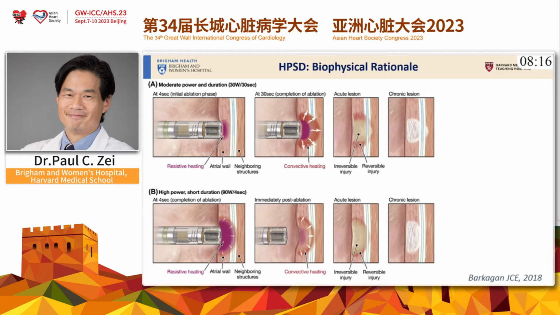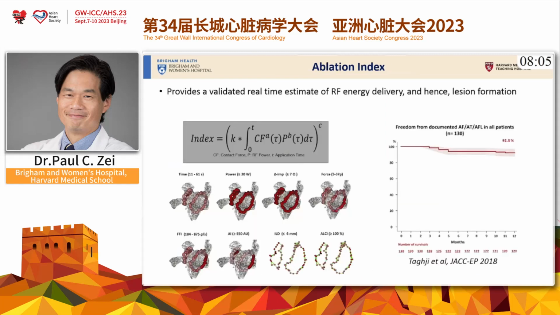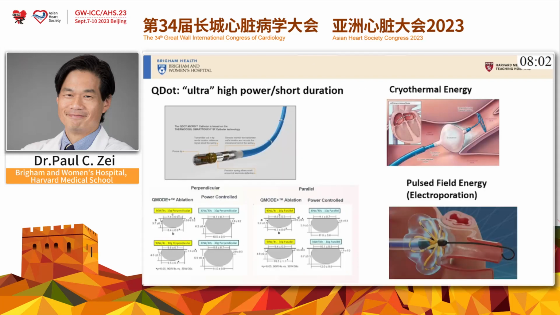Just to say very quickly, once we're in the left atrium, the ablation techniques are the same as everyone else would do. When we use RF, we typically utilize a high power short duration approach. We will use index guided ablation. We are more recently adopting novel techniques without fluoroscopy, including QDOT for the Biosense system, and cryoablation, which is obviously not so novel but can be done well without fluoroscopy, as many have published data on that. And now more recently, of course, pulsed field ablation without fluoroscopy.